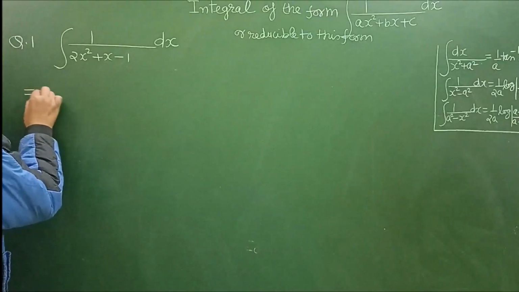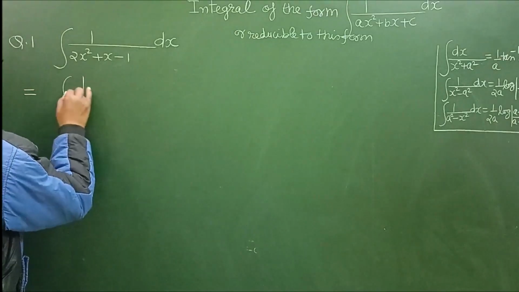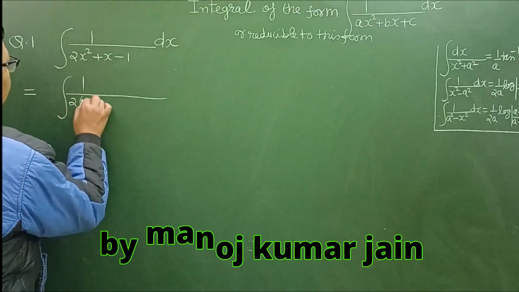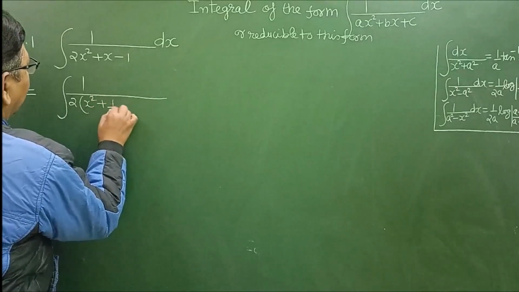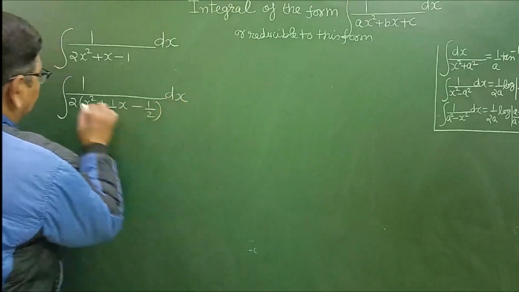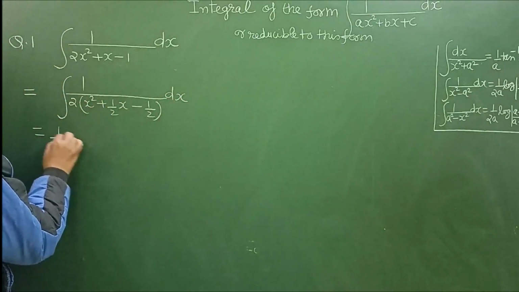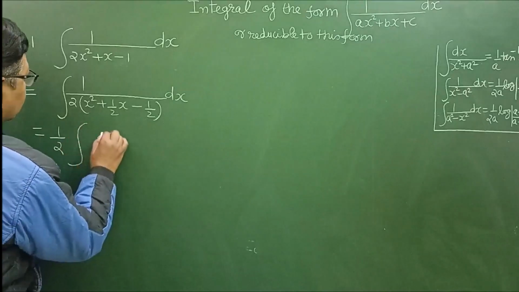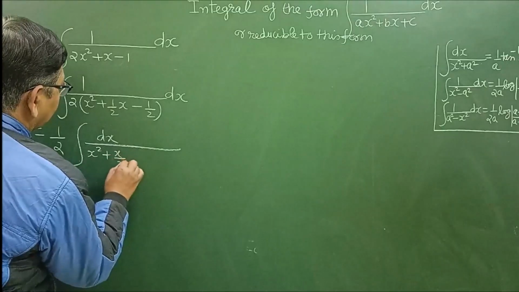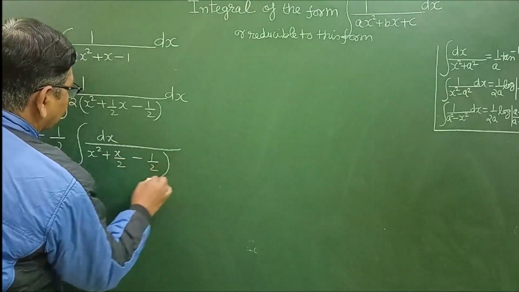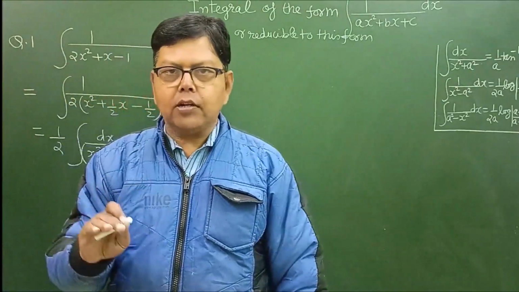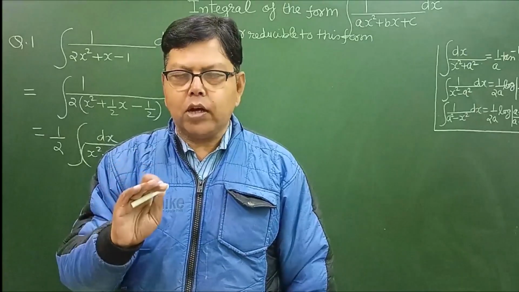Now in this question, first make the coefficient of x square 1. So taking 2 common, x square plus half of x minus 1 by 2 dx. Now this 1 upon 2 is a constant, so we can take it out of the integral: 1 upon 2 integration dx upon x square plus x upon 2 minus 1 by 2. Now in these questions we make the denominator a perfect square. To make the denominator a perfect square,